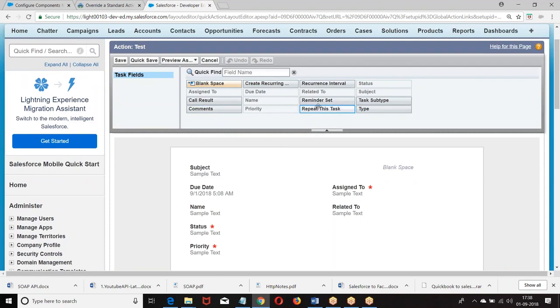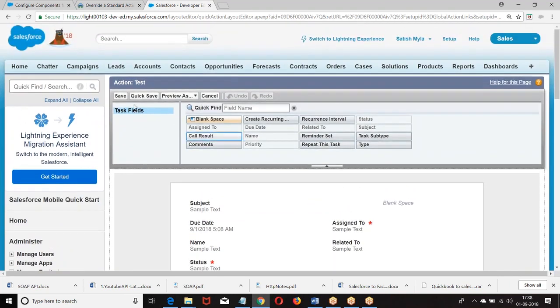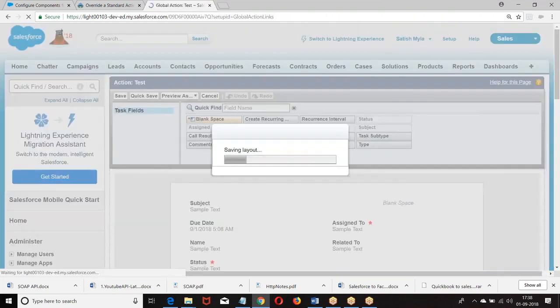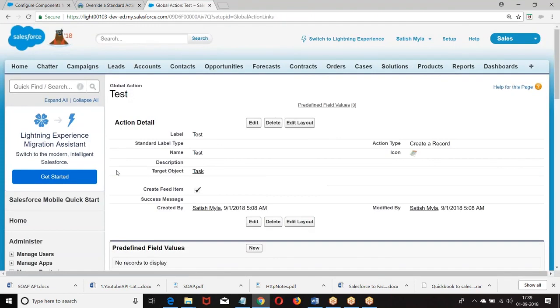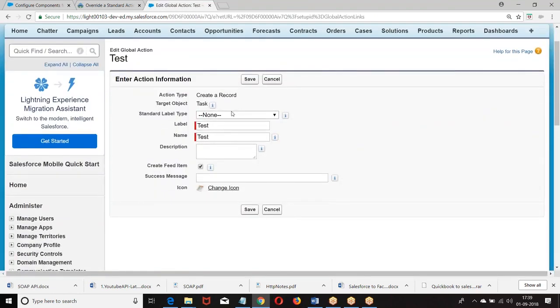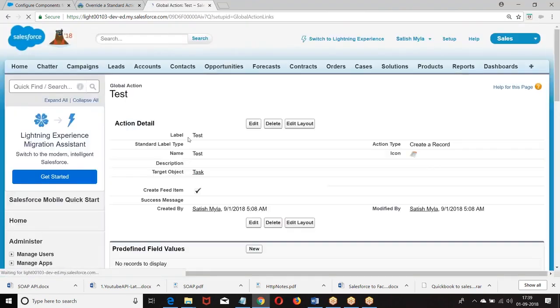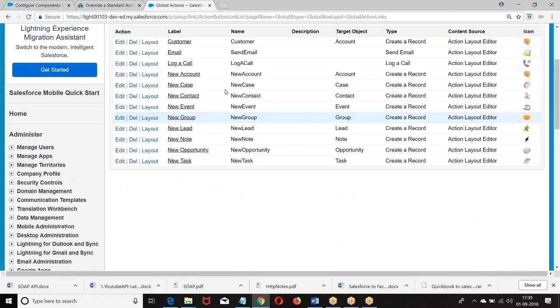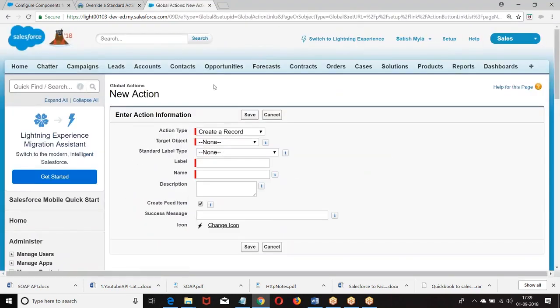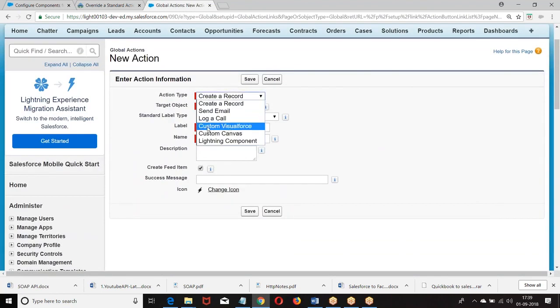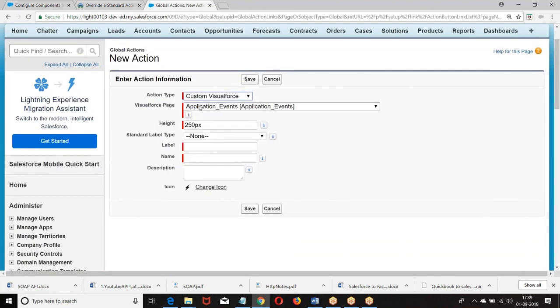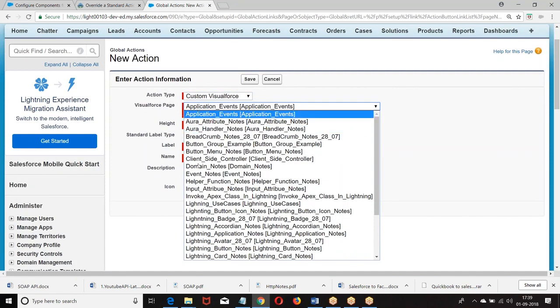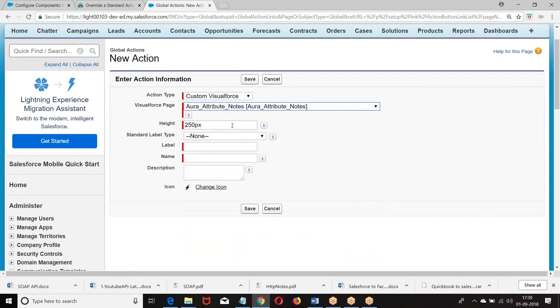Now, add the fields, whichever fields you want. So, creating a global action. Here I can say, instead of choosing creation of a record, I can choose a VF page. When you click on this, I can choose a VF page. How? New action. What do we have? Customization. Choose the object which you want.